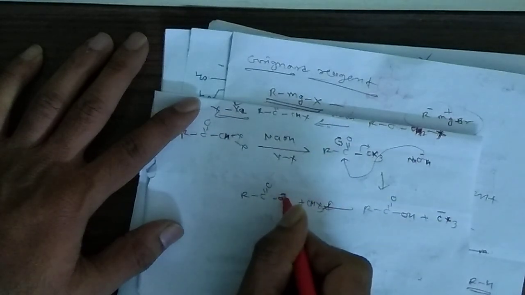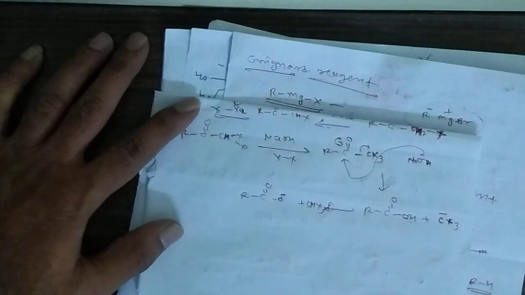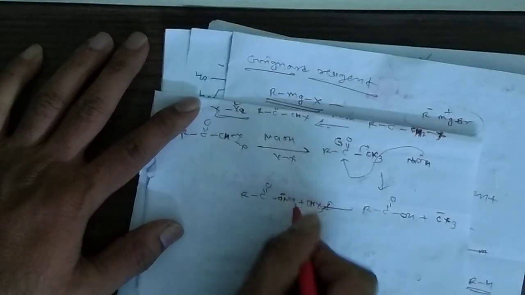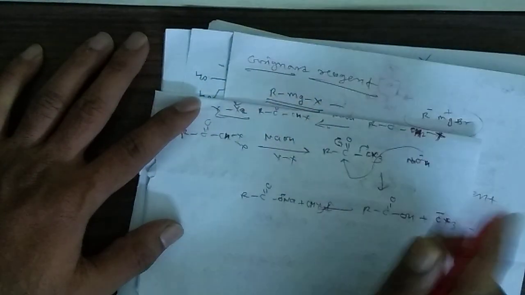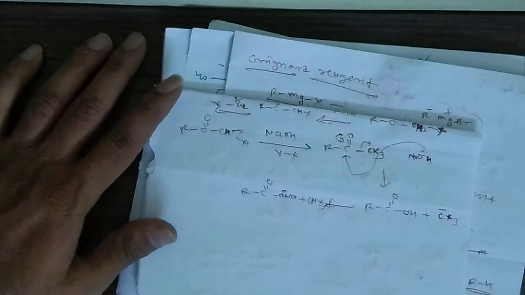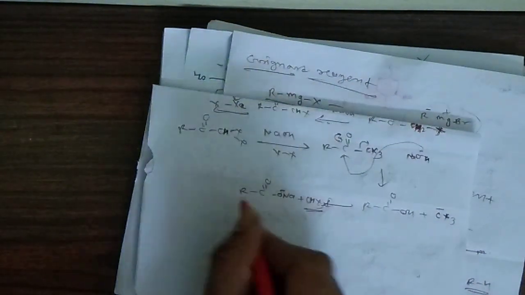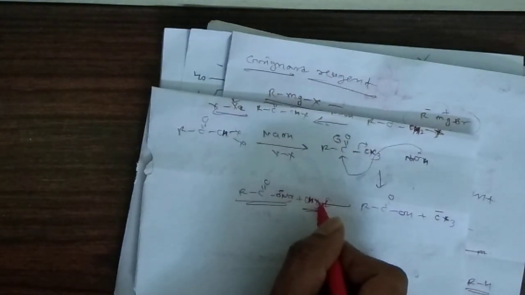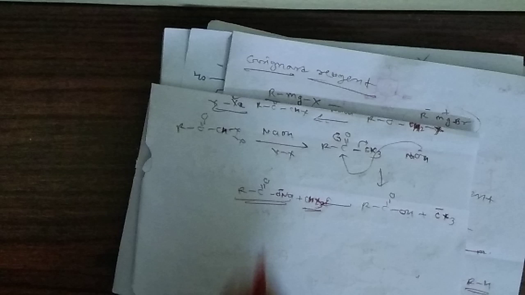And here if you see, what is the conjugate ion of that O minus? Na plus, because we have added NaOH. If KOH is there, then K plus is the conjugate ion of that O minus. So this is our final product. This is the haloform. This will be chloroform, bromoform, or iodoform, and this is the sodium salt of carboxylic acid. So this is the mechanism of how the haloform reaction will proceed.